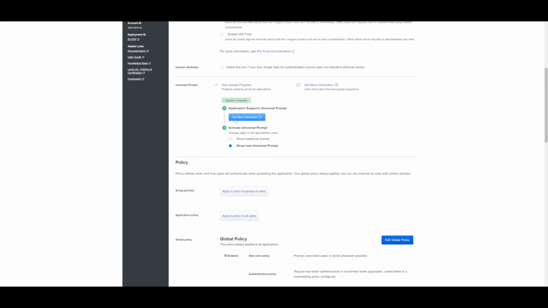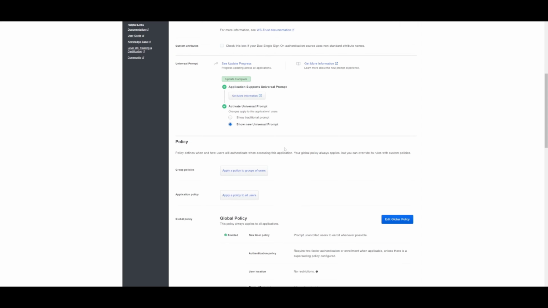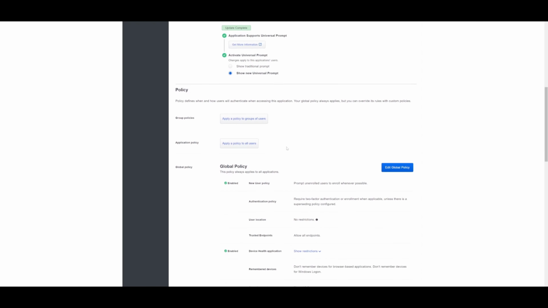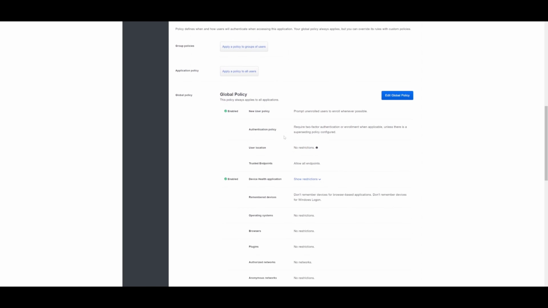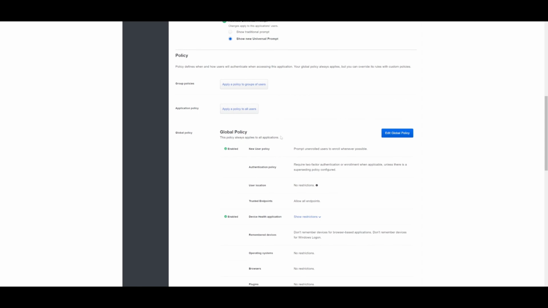Again, if you need more information on that, you can click the link there to find out more about what that is, the differences between traditional and universal. But I'm going to leave that as universal, which is the better option here. And as I always say in my videos, it's always worth creating application policies here as well for every application